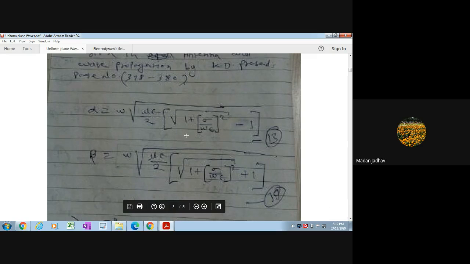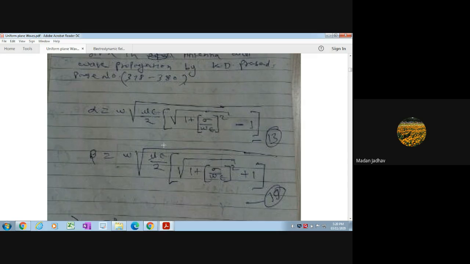If you observe these equations, there is only one difference between them: in the first equation a minus sign is used, minus 1, and in the second equation only a plus sign. Therefore, you can easily remember these equations for alpha and beta for any wave propagating through a particular medium. To find alpha and beta, we should know the properties of that medium, that is, mu and epsilon,